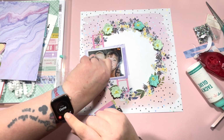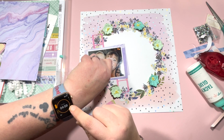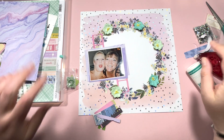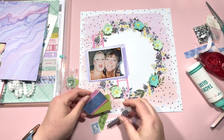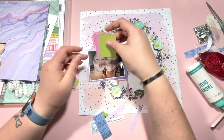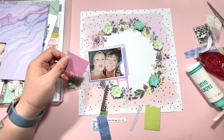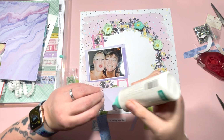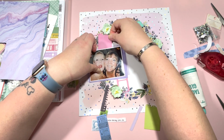Like that. Stop. I'm going to go another 5 minutes. Let's see if I can get it done in 10. Okay, and then we have, see, I've got this lime green one, but I think the colours aren't going to be right. So I think what I'm going to do is just pop some glue on that, and then I'm going to chuck that in